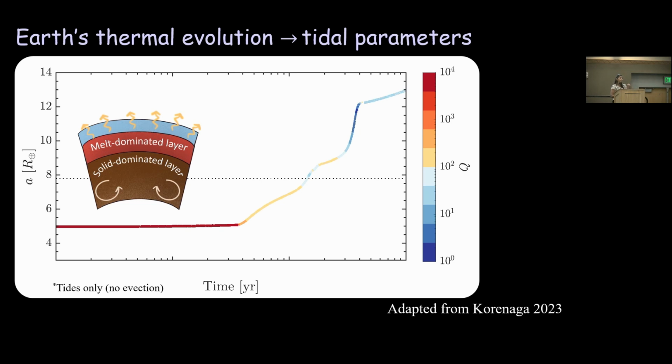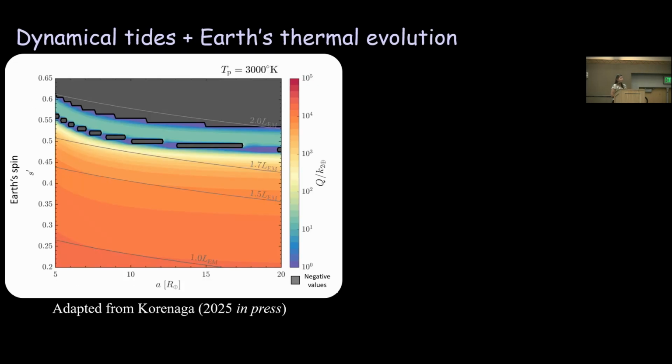So at first, the tidal migration is very slow. But eventually the Earth's mantle is going to start to solidify and the viscosity is going to increase, and therefore the moon is going to migrate faster and faster. But beyond the dependence of the viscosity on the temperature of the Earth, there's also dependence on the Earth's rotation. So here in this figure, you can see the semi-major axis over the Earth's rotation. And the colors is all the Q over K2, so how fast the moon migrates outward.